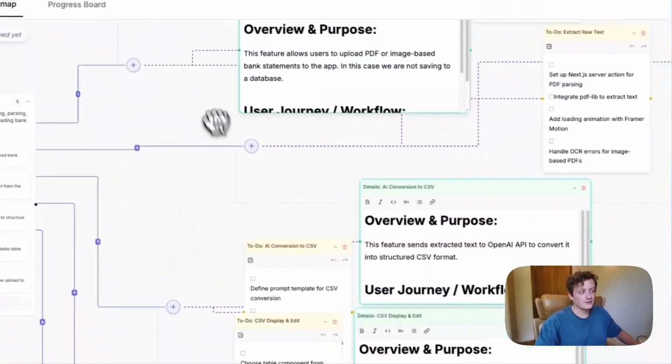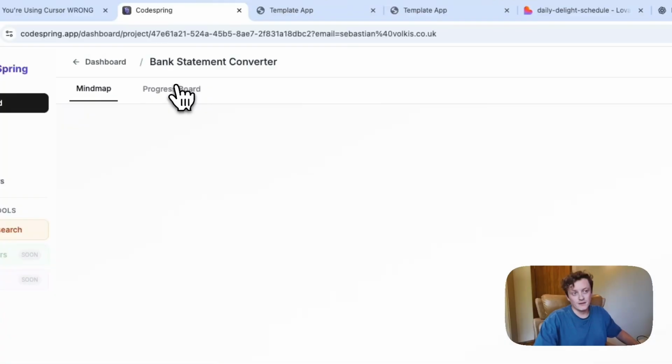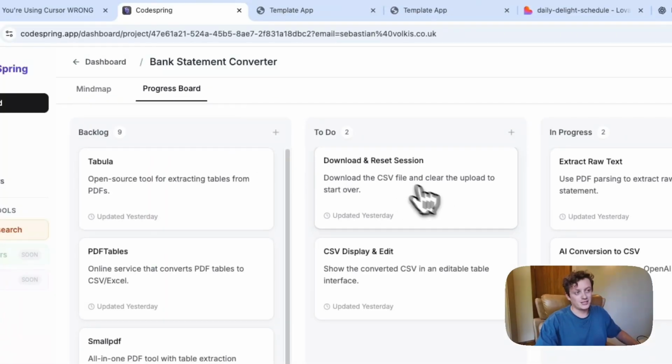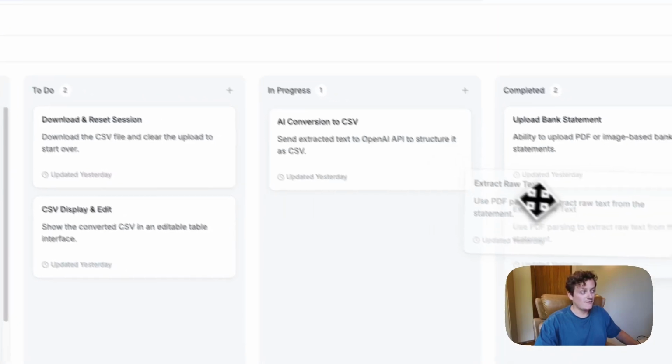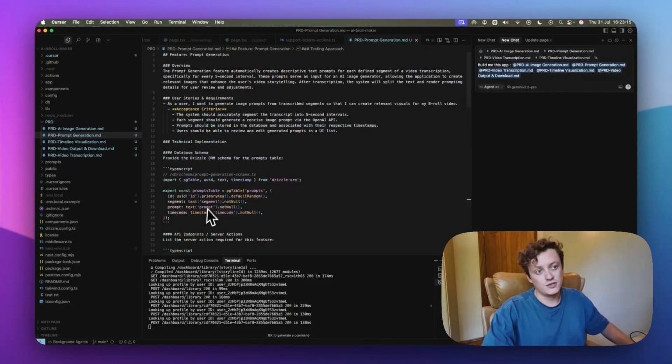We can plan them out just by using AI, create requirement docs for each of these features. We also have a progress board, so we can track which features we've built, if they're in progress, and when they're completed. So if you want to build apps a lot quicker using AI, using Cursor, and you want to make sure that the apps are production ready, they're not going to be full of bugs,